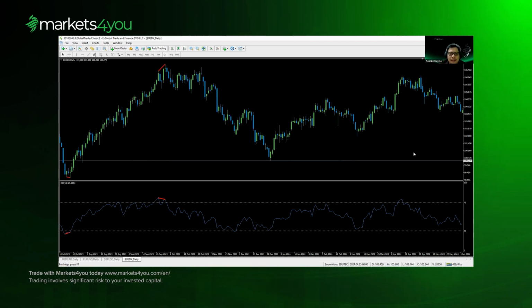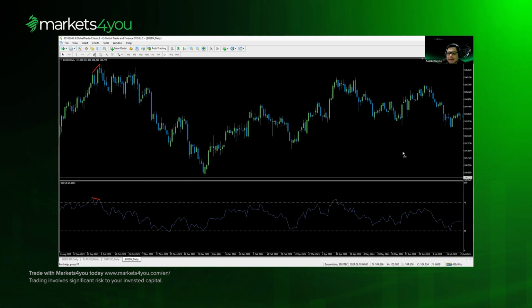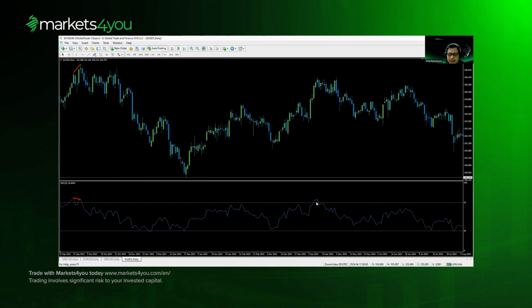Let me show you a little bit. Fourth, the RSI breaks its most recent high or low. Now you can use this sample. The first step is the RSI moving above the 70. This is the 70 level. It moved above the 70 level and created a high. Then the RSI crossed back lower. It crossed back lower here.